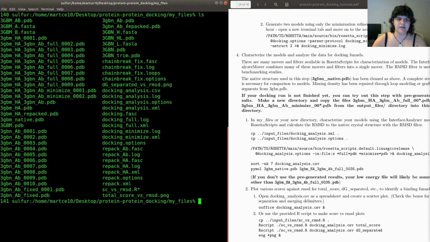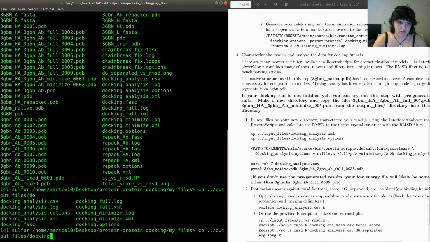And since you prepared only 10 structures, this is not really optimal to plot. We usually will produce at least 500, but for reasons of time we didn't on this occasion. But you can copy from the output folder the same file in which we pre-created more runs, and you will have more models for preparing a nicer plot. So let's just copy